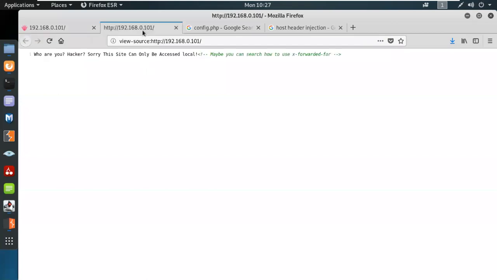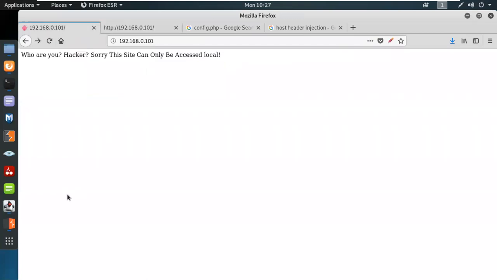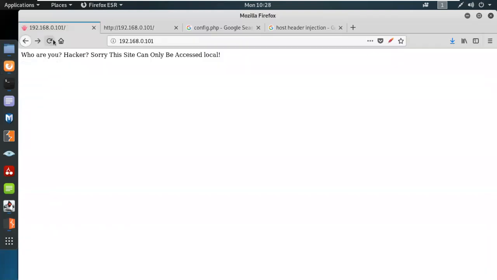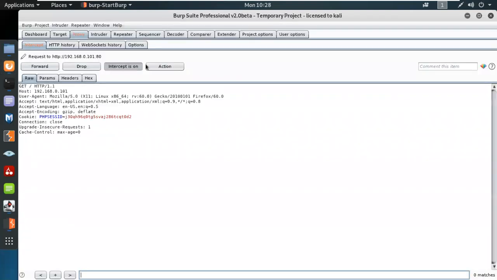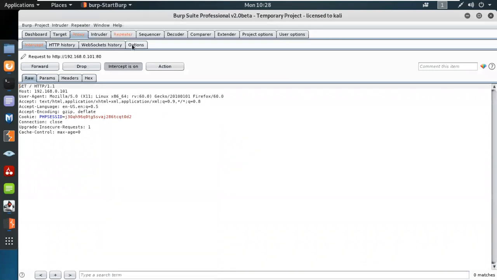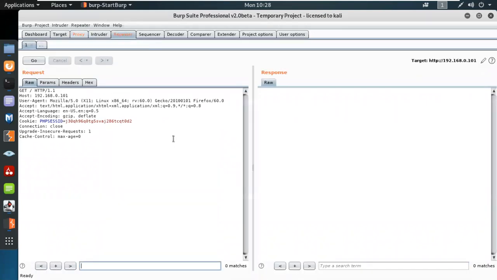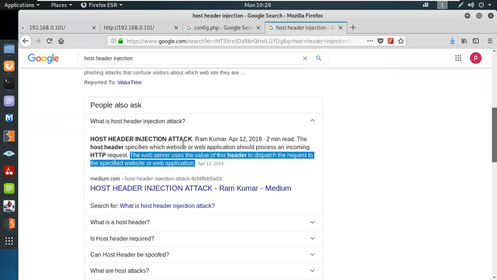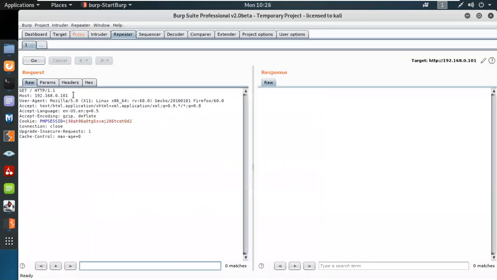So it can be accessed by the local X-Forwarded-By. As per the host header injection, let's do this. And we have a request over here. But before that, I'm going to send this to Repeater. As per host header injection, the client request is submitted somewhere else. So we're going to try to add another header, which is your X